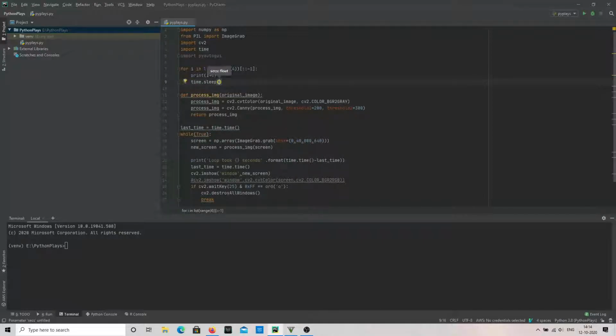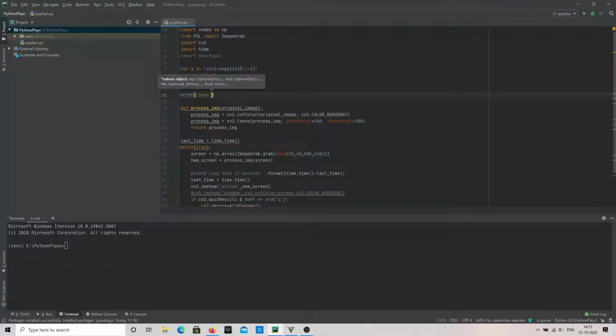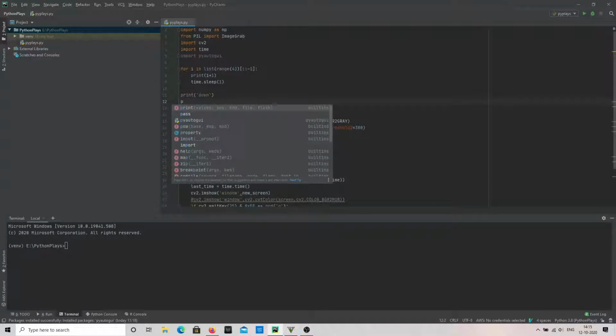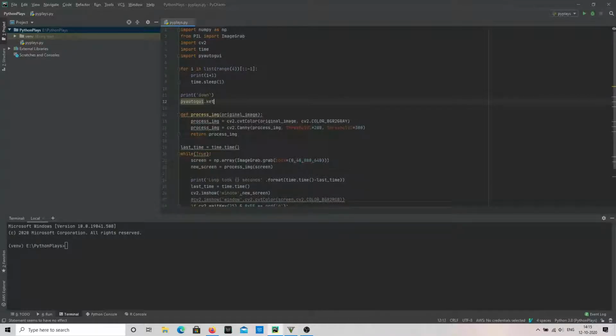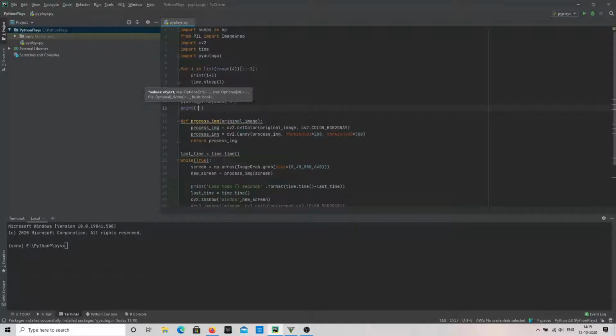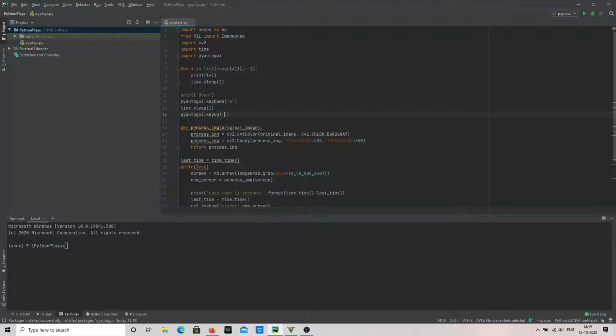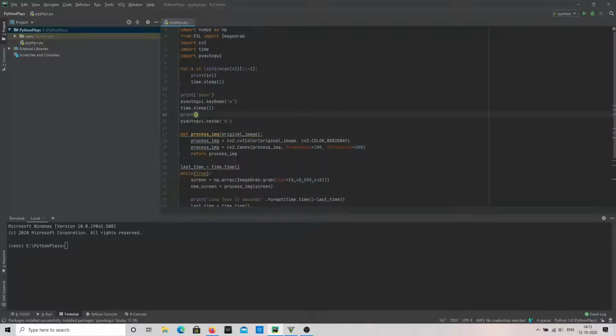time dot sleep 1, and yeah, print down. pyautogui dot key down, and that key is W. Print, we'll use a time.sleep 1. pyautogui key down and key up, pyautogui dot key up, and that's also W. First we write a print up above the key up, print up. Okay,